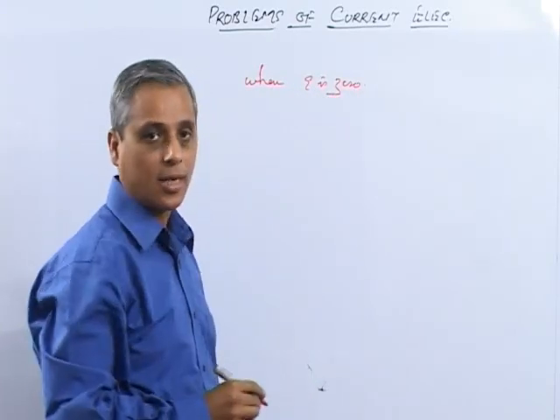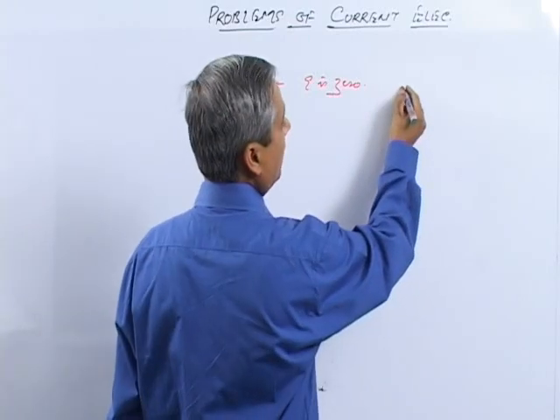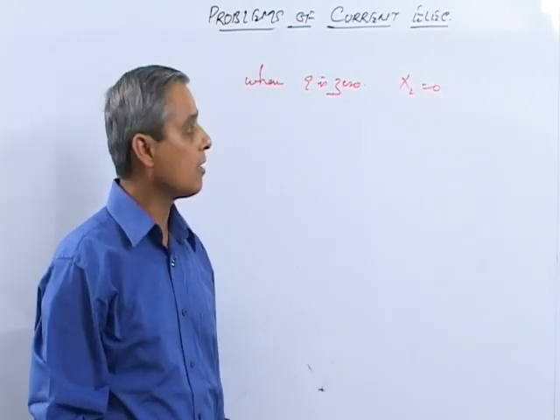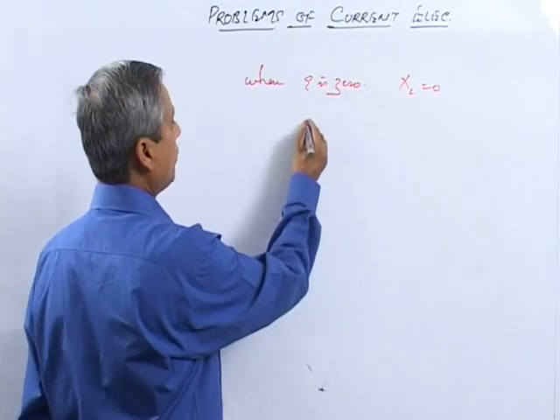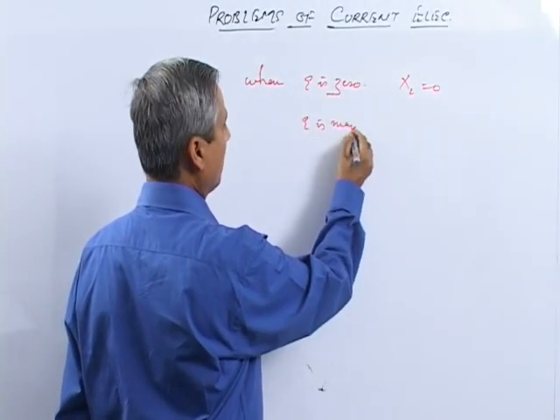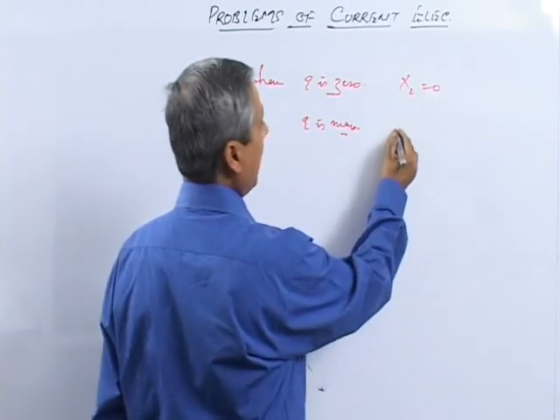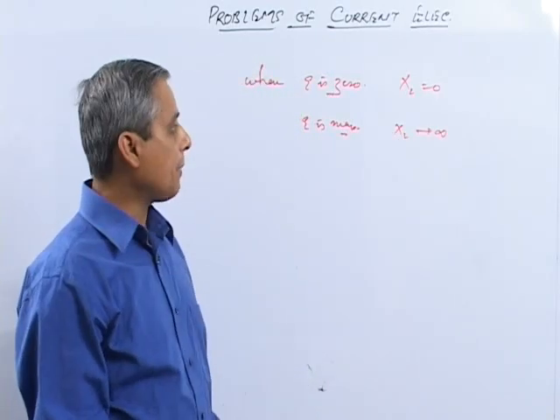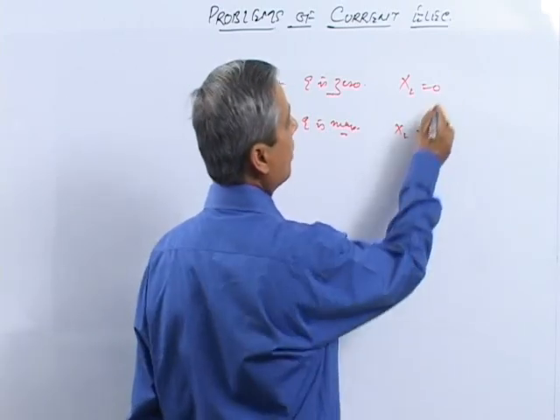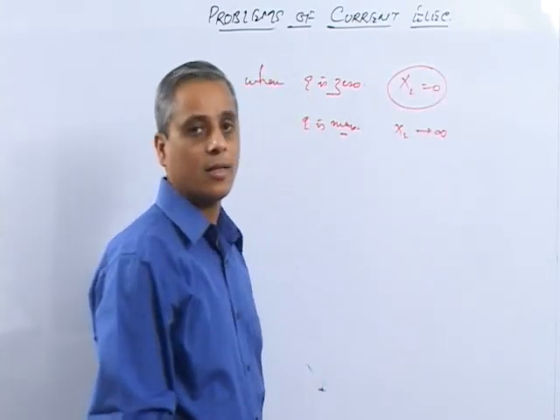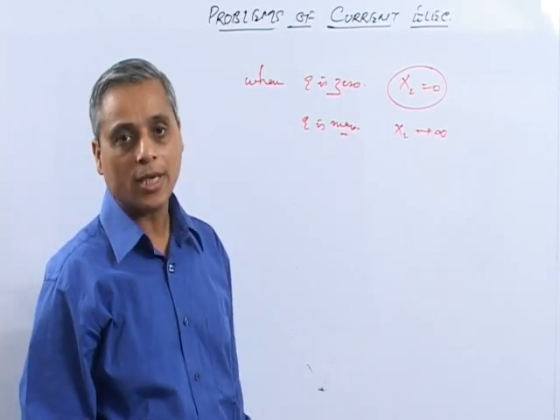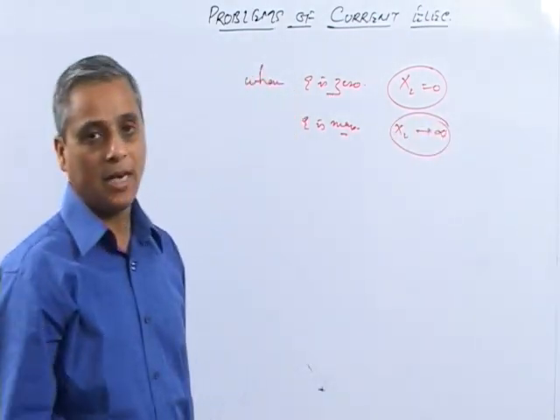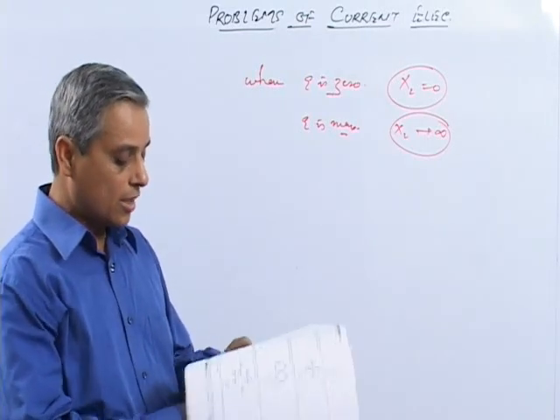0, when the capacitor is uncharged, the reactance offered by the capacitance becomes 0, and when Q is maximum, when the capacitor is fully charged, the reactance tends to infinite. So the capacitor behaves as zero resistance when it starts to charge, and it behaves as infinite resistance when it is completely charged. So in this particular circuit,